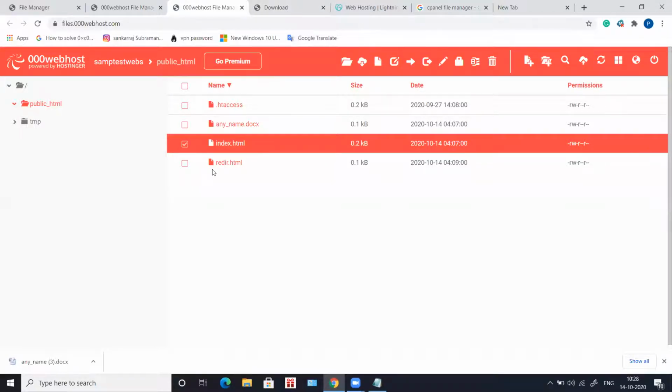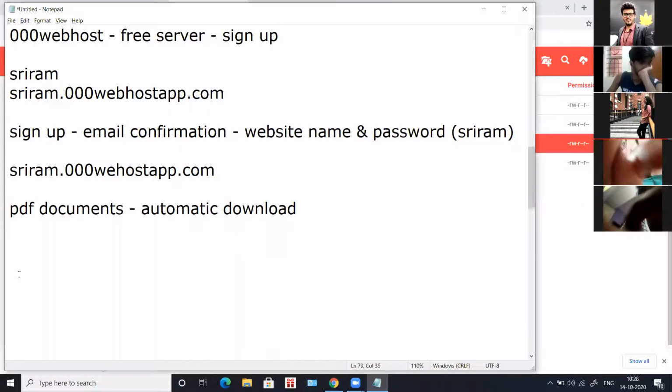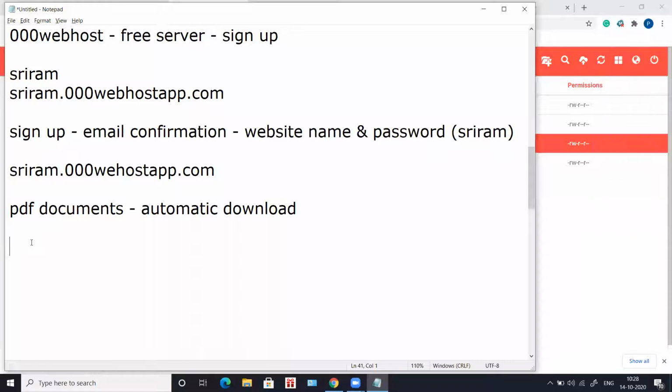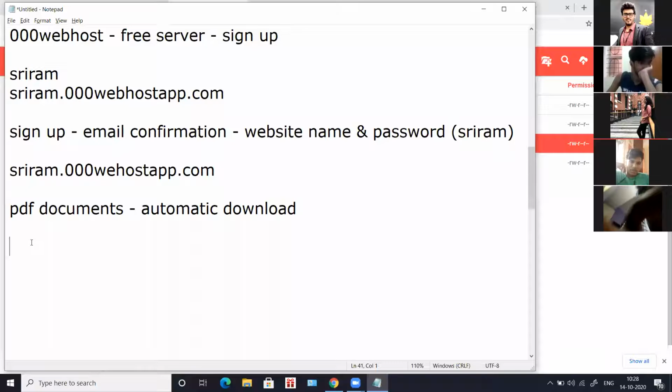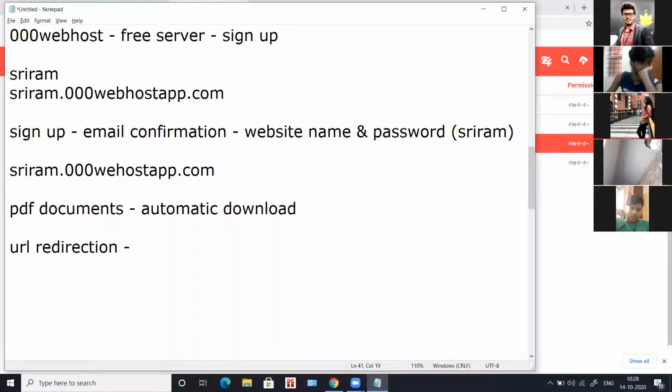Let me tell you another thing. Now you should also have come across this particular concept. Say you are trying to access a website, maybe any college website or any company website or any job portal website. You are there in some website, and there happens something called URL redirection. So what is this URL redirection? You are trying to access something called jobportal.com. So consider there is a website called jobportal.com.